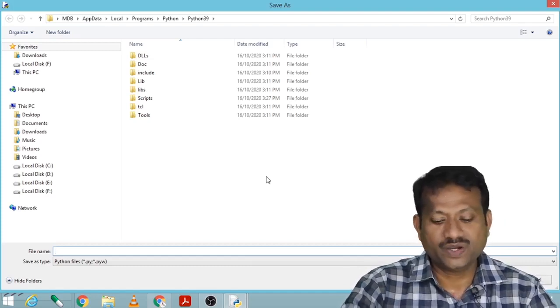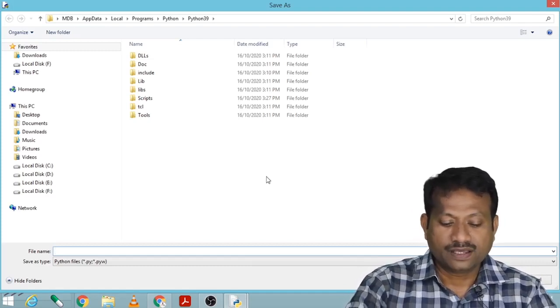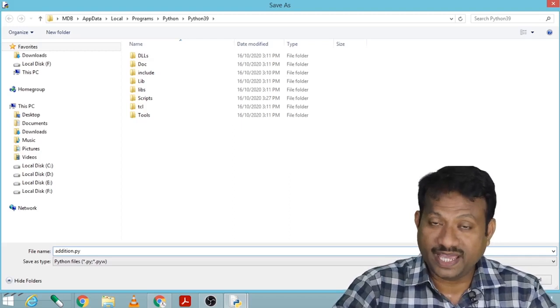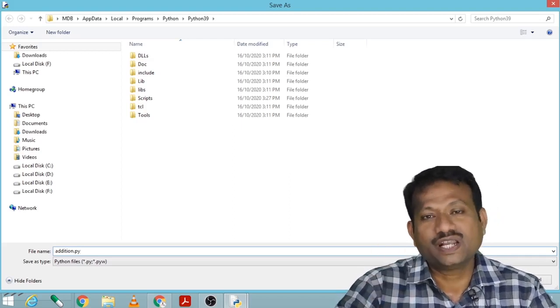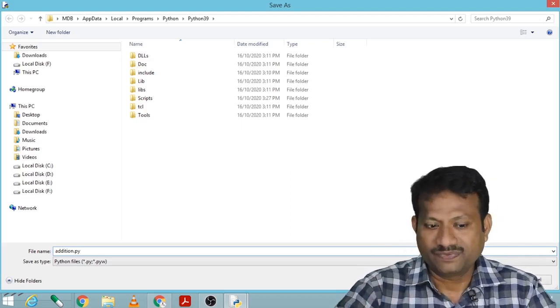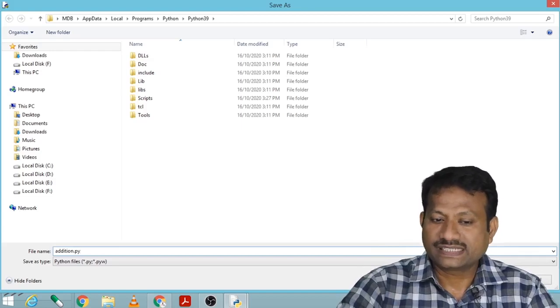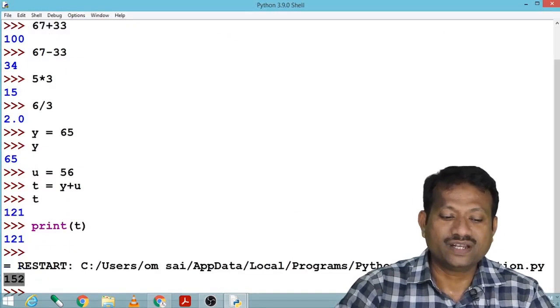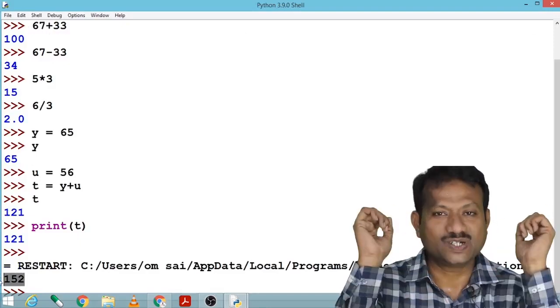Rest of that I can give any name. So let us say this is addition dot py. Py must be the extension as it is Python file. So let us say save, and now I'll get the result, that is 152. That is the result of addition.